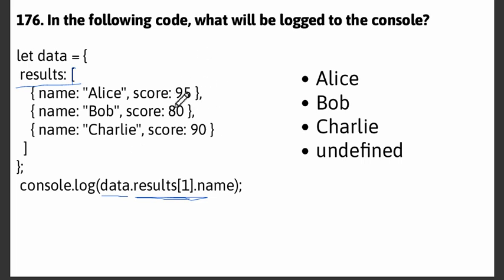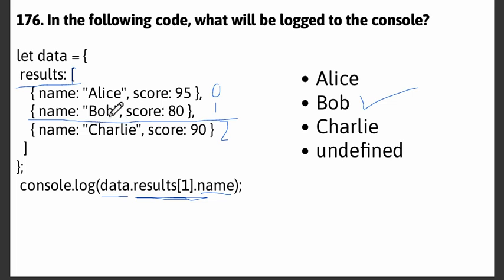We know that there are three objects given inside the result array. So the first object comes on 0 index, the second comes on 1, and the third comes on 2 index. So what we are accessing is the first index of the results array, and what we need to get is the name value. So we know that the first index name is Bob, so the answer will be Bob, because you can see that the first index